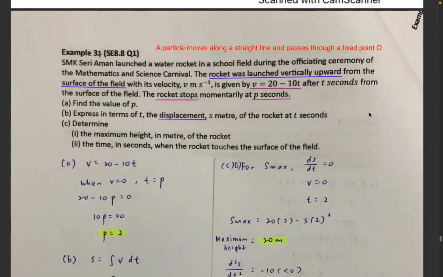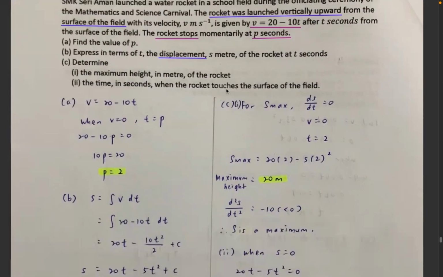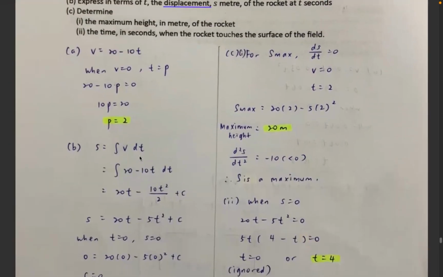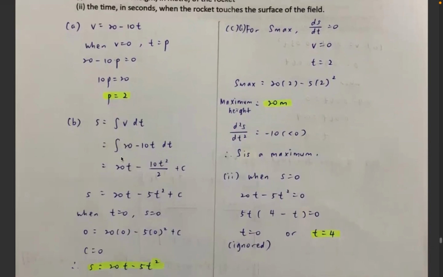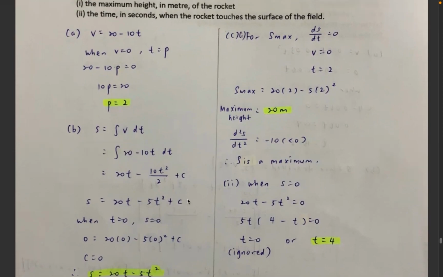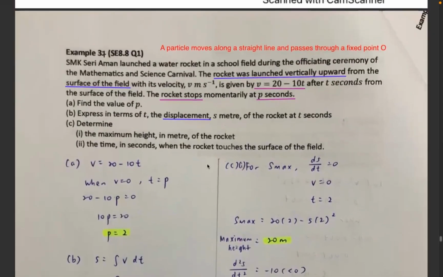B, express the displacement of the rocket at t seconds. From the velocity function, if you would like to obtain the displacement function, we have to do integration. So s equals the integral of v dt. So integrate 20 minus 10t dt. Then we will have a plus c at the back. So let's check the information given. The rocket was launched vertically upward from the